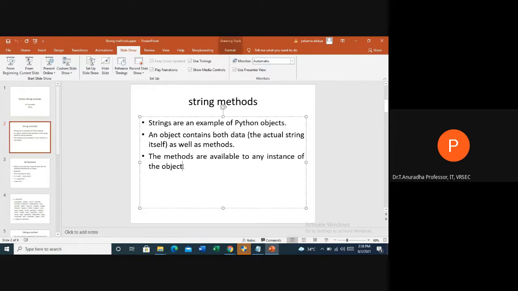That means a string is an object. Whatever string you define will be an object of the string class.